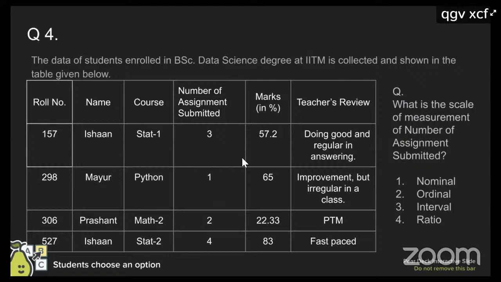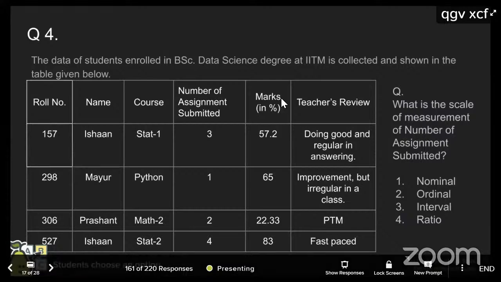See, just think about that roll number. You are making the ordering on behalf of what? Can you say that roll number 10 is better than roll number 9? No. That's why it's not ordinal. Ordinal means you can say a rating of good is better than a rating of poor. Attendance can be taken in reverse order also, like from 10, or you can start attendance from 50 also. Order doesn't matter.